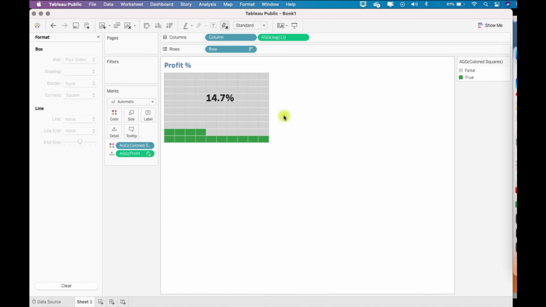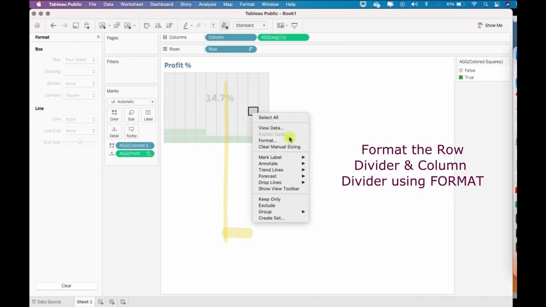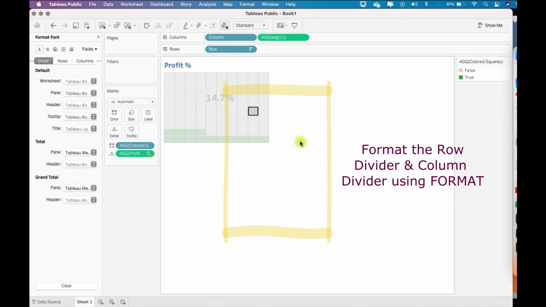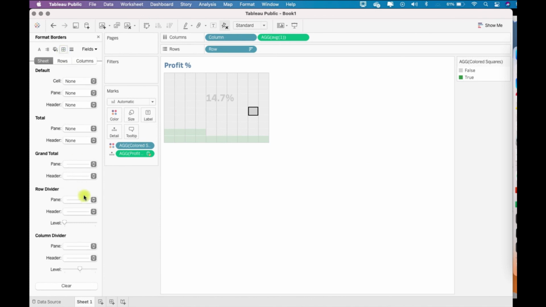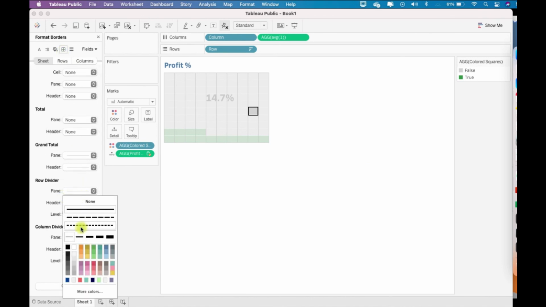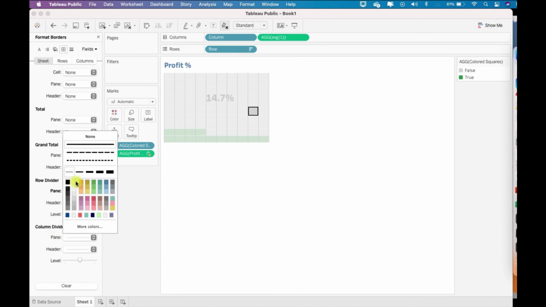Yeah, now this looks good, and I'll also color the column dividers white. So just click here in this area and go to format to format the area, and go to borders. Go to row divider as white, and column divider as white.